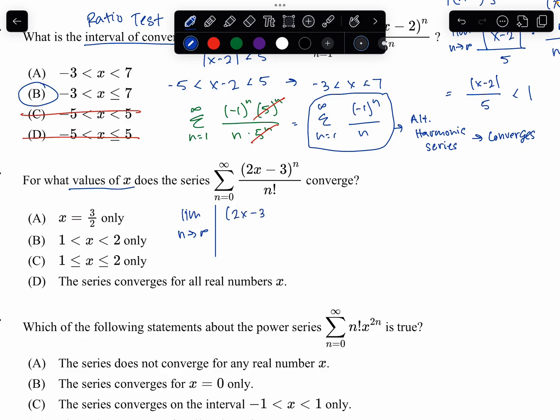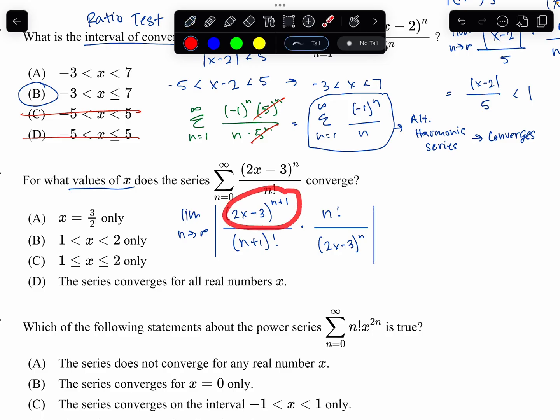So that's going to be (2x minus 3) to the n plus 1 over (n plus 1) factorial, and then times by, I'm going to multiply by the reciprocal, so n factorial over (2x minus 3) to the n power. And then let's do some grouping and simplifying exponents. So n plus 1 and n, that's going to result in just the absolute value of 2x minus 3, and